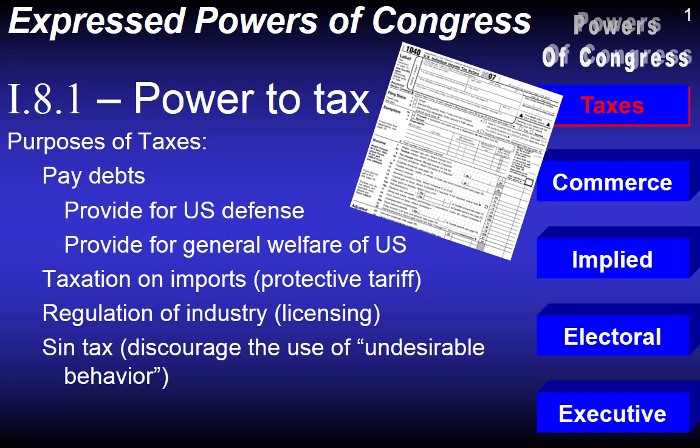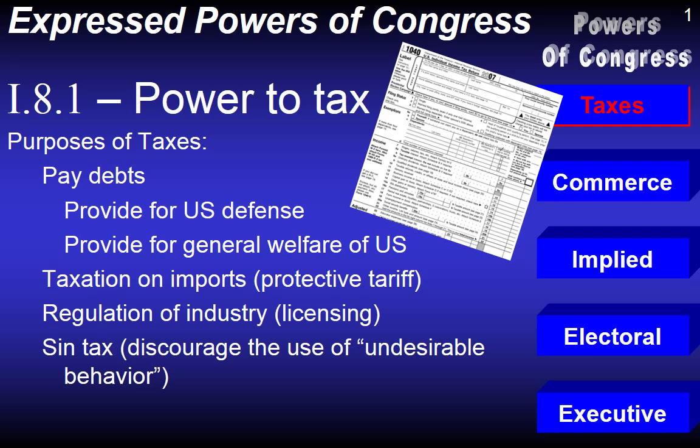Remember that the Constitution needed to be redone from the Articles of Confederation because Congress could not get money for itself. Since it could not get money for itself, it was dependent on the states to provide money to it, and the states sometimes did, but many times did not fulfill their obligations. So this was one of the more important ideas that was necessary for the Constitution.